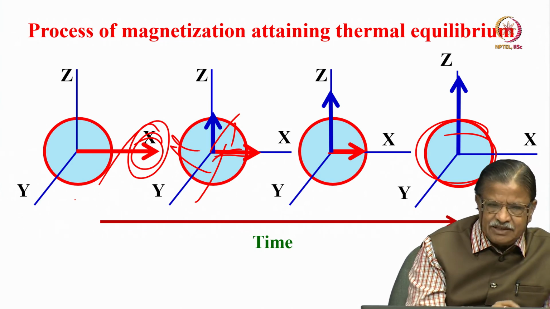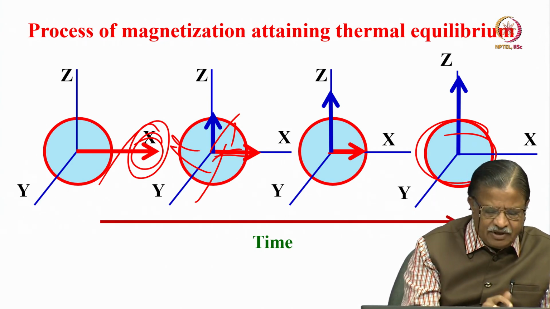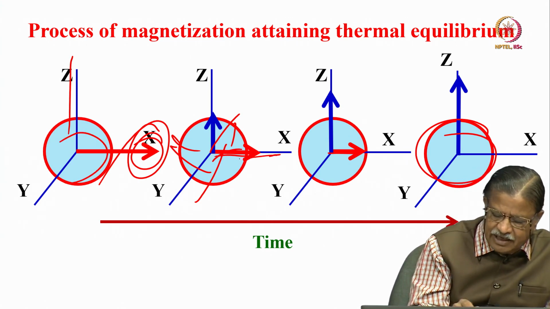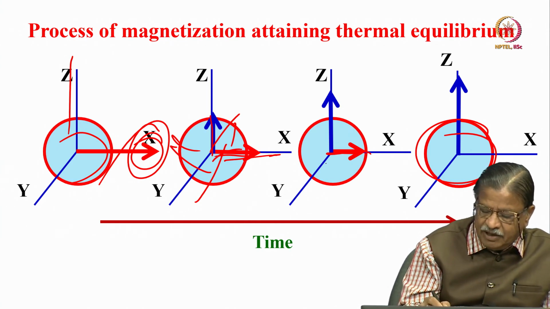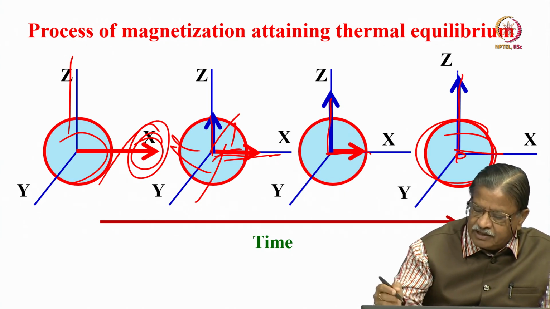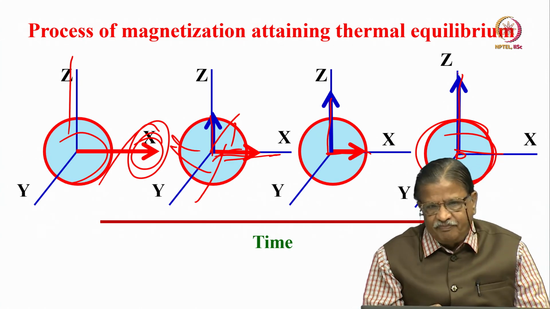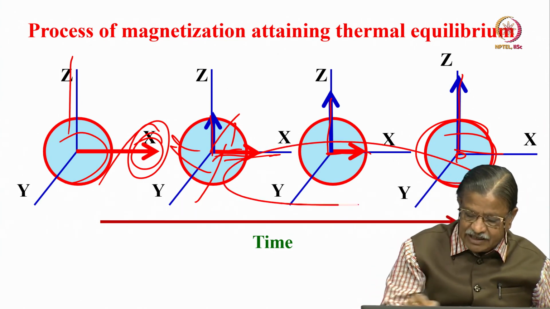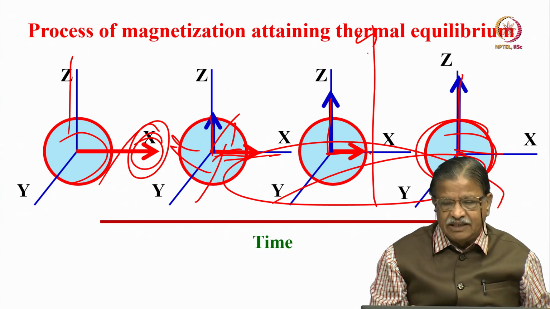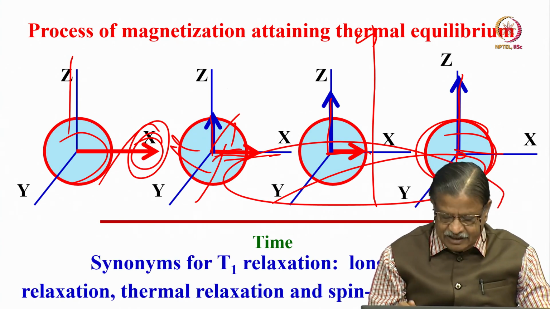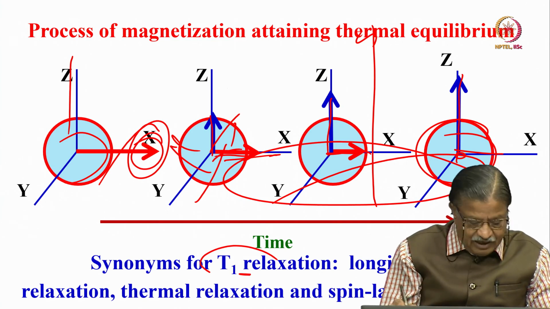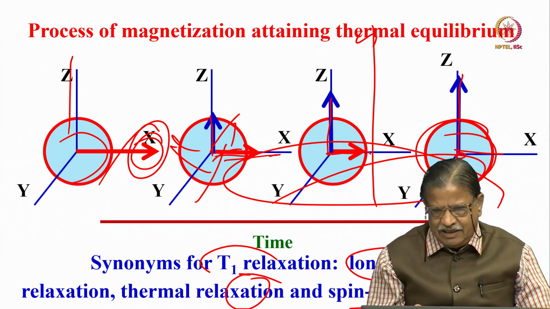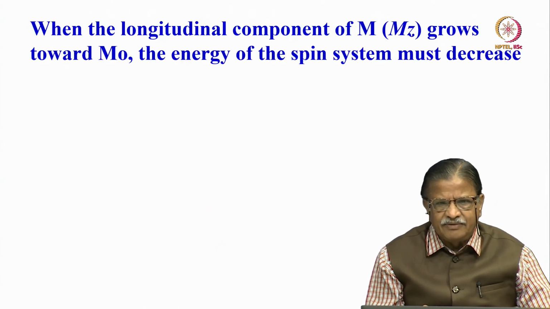So, initially full magnetization, instantaneously there is a phase coherence, and then there is no magnetization along z axis. With time, this starts dephasing, this intensity comes down, this goes up. See red coming down, blue is going up. Finally red becomes 0, there is a complete blue. Entire magnetization will come back. This is the way the magnetization attains thermal equilibrium. It decays in the xy plane and grows along z axis as a function of time. Okay. And synonyms for this are T1 relaxation, longitudinal relaxation, thermal relaxation, and spin lattice relaxation. These are the terminologies which are used.